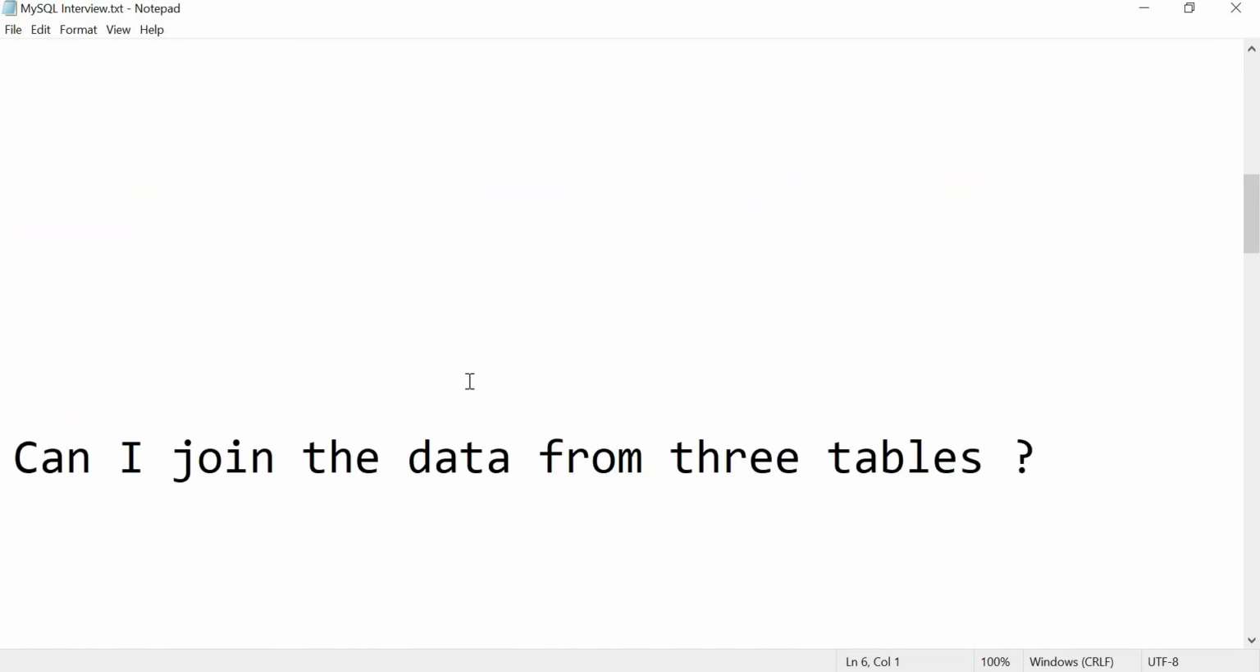Next, can I join the data from three tables in a single select query? Yes, of course. You can put multiple tables in a single select query and apply the joins. In a single SQL query, you can apply inner join and left join as well. Based on the requirement, the syntax is the same. Select star from table 1 join table 2 on table1.column equal to table2.column. And again, if you want to use a third table in a single query,